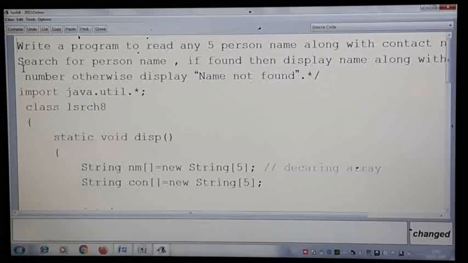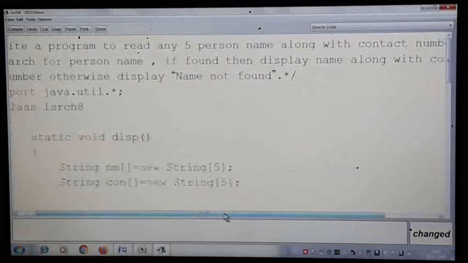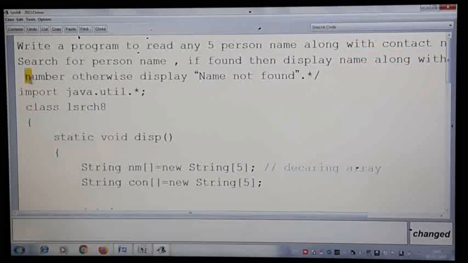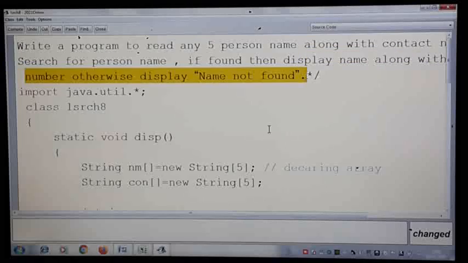You know the name of the person but you might have forgotten the contact number. So in that case you give the name of the person whose contact number you are searching for, then if found it will display the name along with the contact number, otherwise it displays name not found in the list.